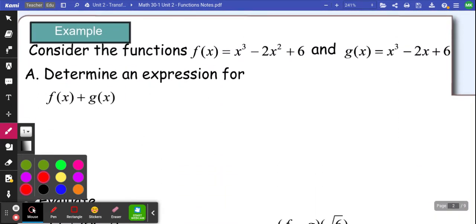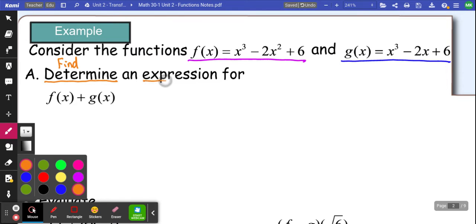Let's see what this actually looks like. So it says, consider the function f of x equals x cubed minus 2x squared plus 6, and g of x, which is x cubed minus 2x plus 6. Determine an expression for, let's talk about that for a second. Determine, that word means like find, essentially, or create